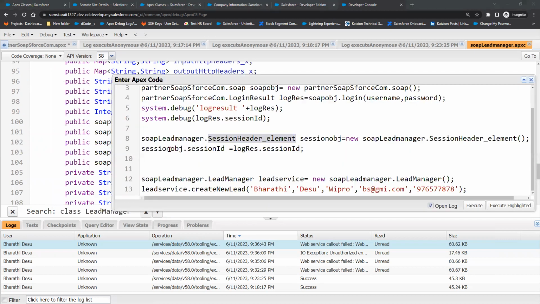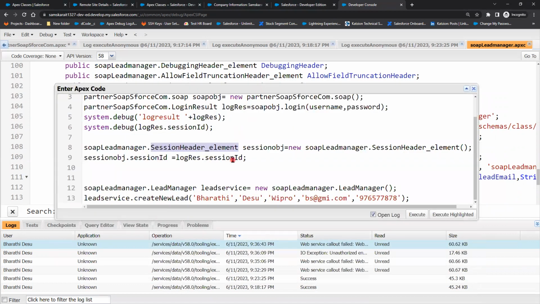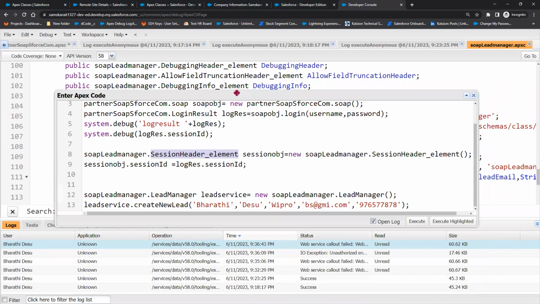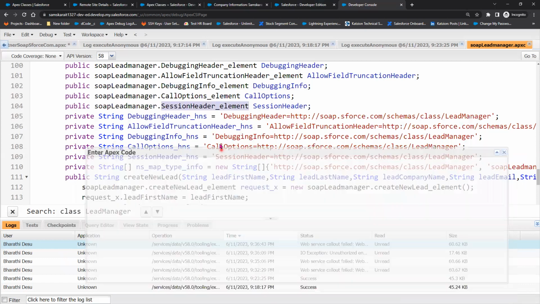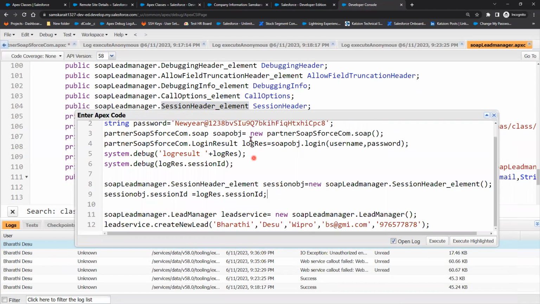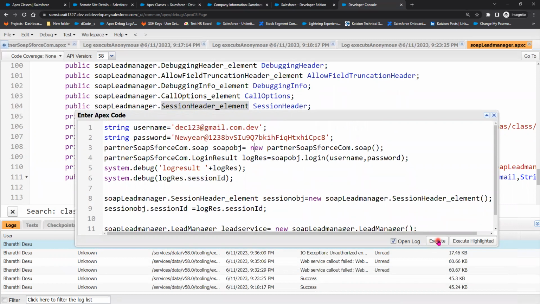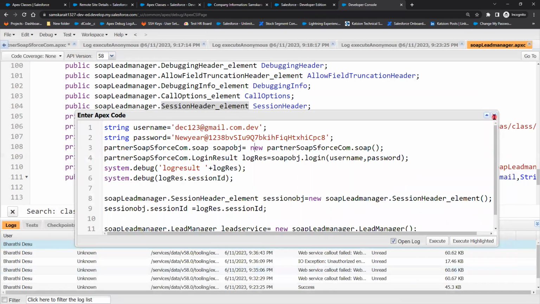And then session ID. Result of session ID here. Finally, let me execute this. Result of